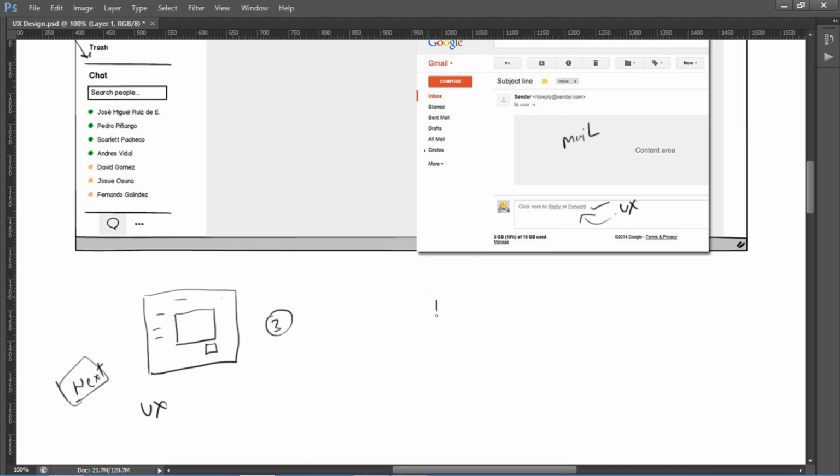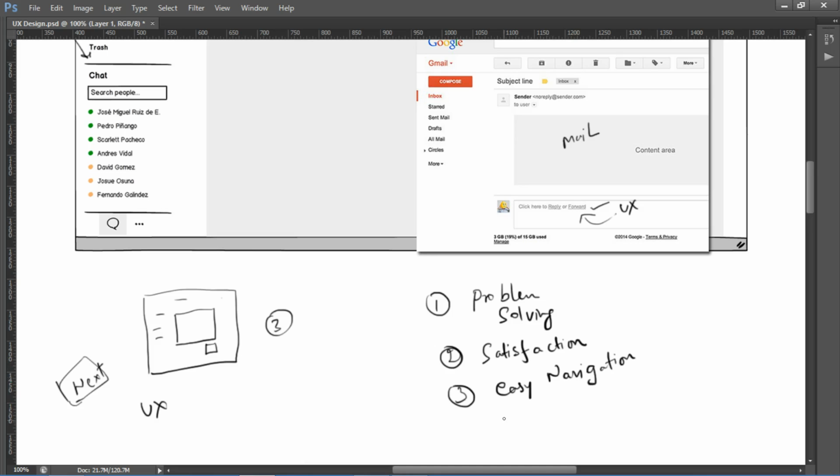The basic things you have to consider: problem solving, satisfaction, easy navigation, enhancing usability.